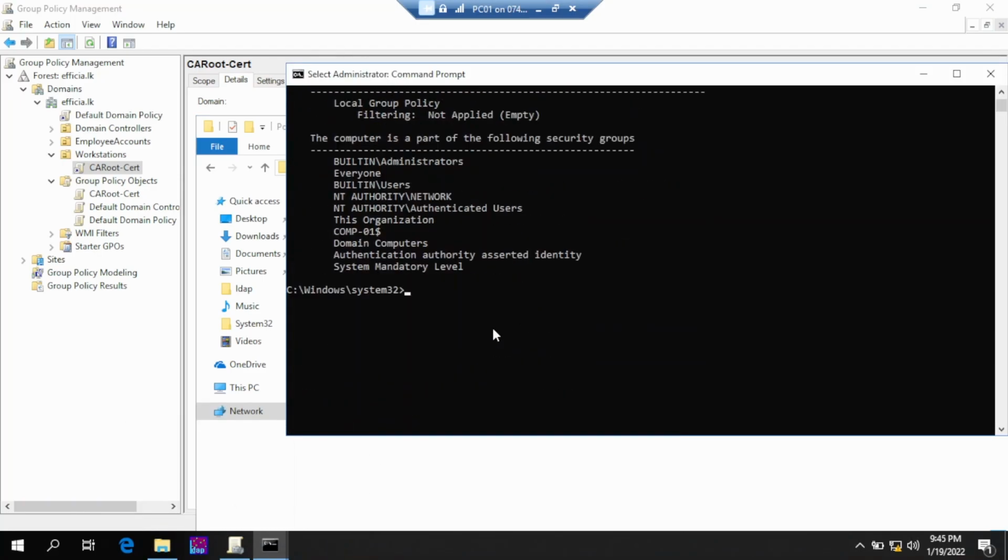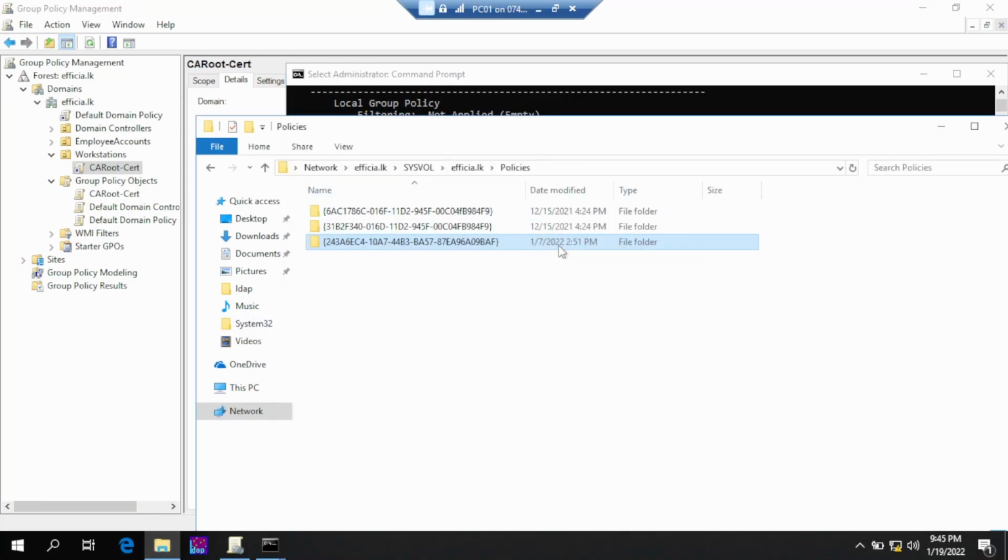To check that, run echo local on the server. As you can see, I have connected to DC1, but let's assume there is a DC2 and it has a modified date of an old version. There can be multiple reasons for this.